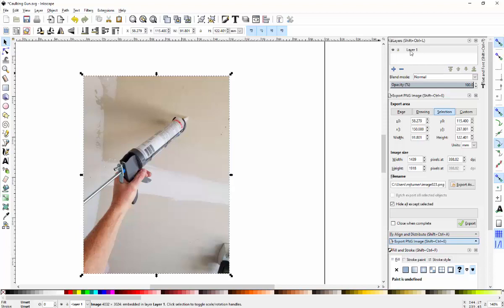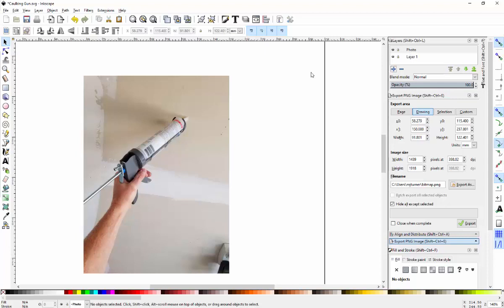This program also has layers. So what I want to do is put it on a layer, and I want to lock that layer. I'm just going to add a layer here. This has layer 1, and I'm going to click add new layer, and it says layer name, layer 2. Well, I'm just going to put photo, and I'm going to click add,